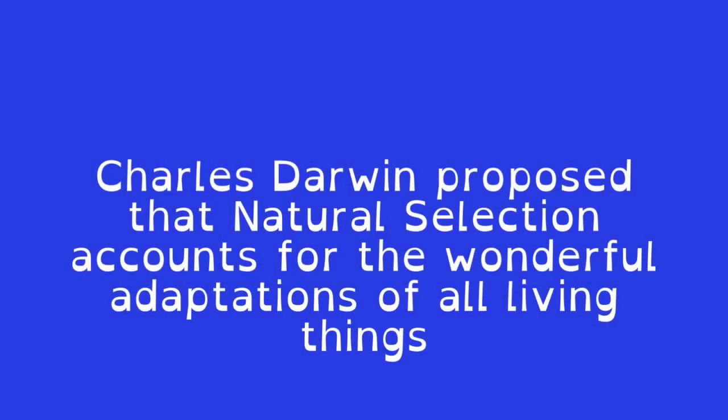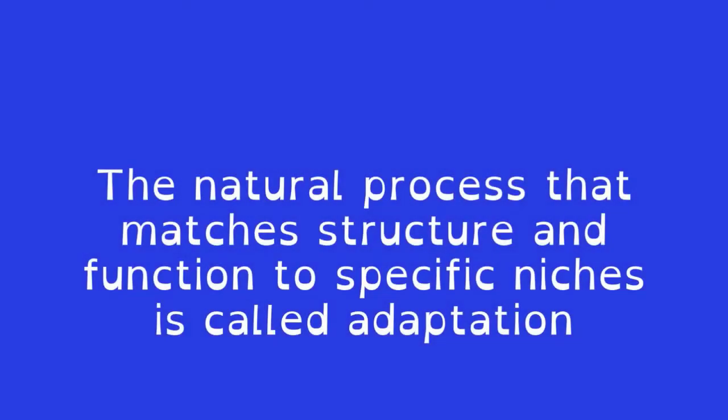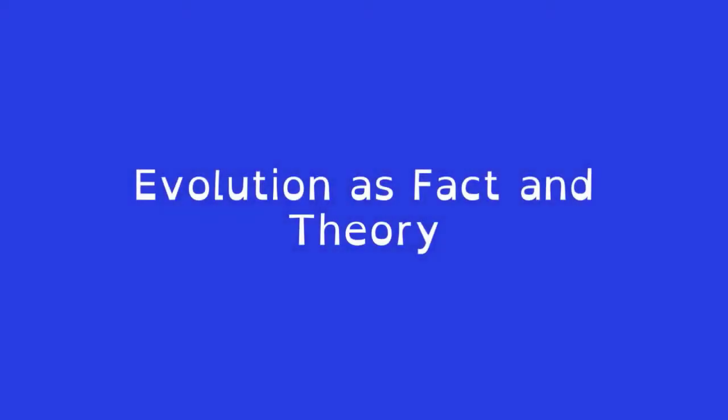But Charles Darwin explained why this justification is false. He proposed that an evolutionary process, which he called natural selection, acts as a creative force. Diversity arises by means of a natural process. However, no goal-seeking, planning, or design are required for this process to function. In all living things, there is a close relationship between structure and function. The natural evolutionary process leading to the close match and efficacy of structure and function to specific niches is called adaptation, and the resulting characteristics of each species are called adaptations.